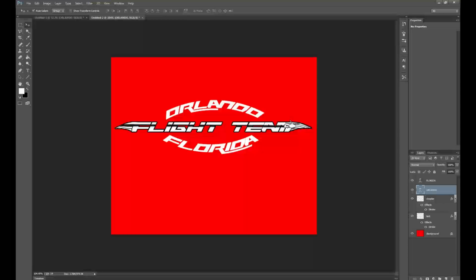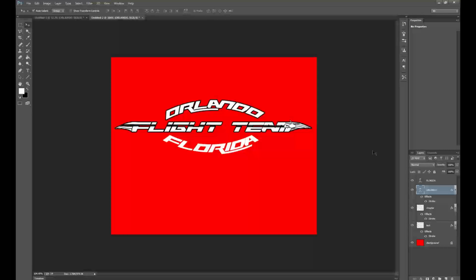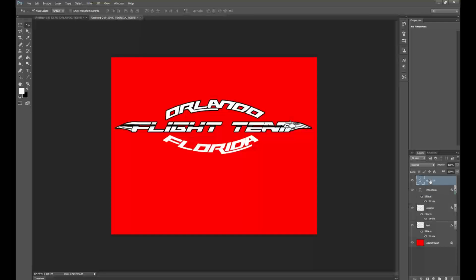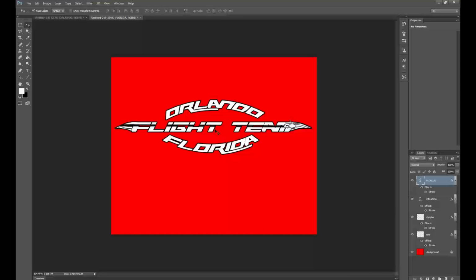or you can click on your layers. I'm going to throw a stroke on this as well. 3 pixels looks good. Really cool. Right click on right here where it says Effect and Stroke. Right click, copy layer style, go up to Florida, and paste layer style. There we go. And look at that, we're pretty much done with this, other than the cool gradient background, which